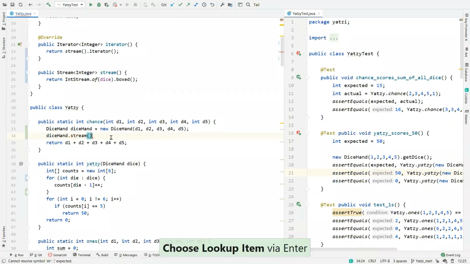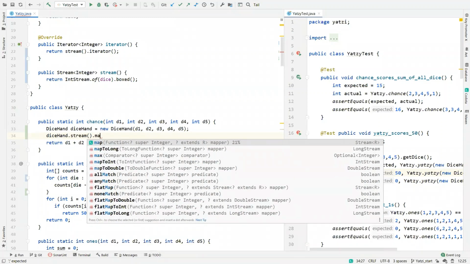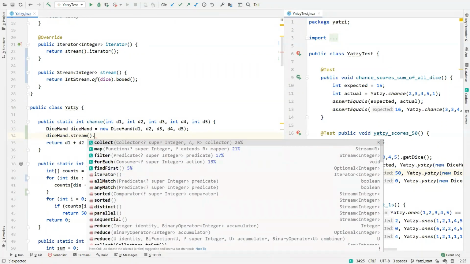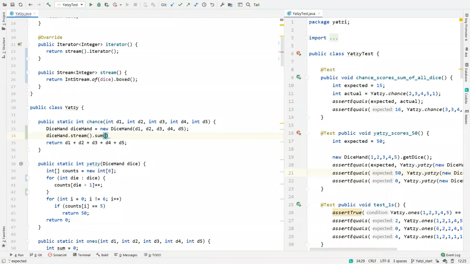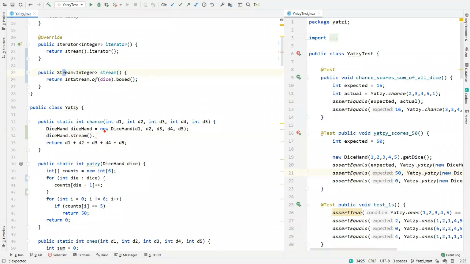Stream. What I want to do is just to sum up the elements of this in a single shot. So what I can do is take stream and then map to. Technically, I would like to have a sum method on the stream, but if it's a stream of cats, or a stream of apples, you can't sum up apples. However, you can sum up integers. So the first step would be to convert it back to an int stream as it was before. I can do this using the reverse, which is map to int,